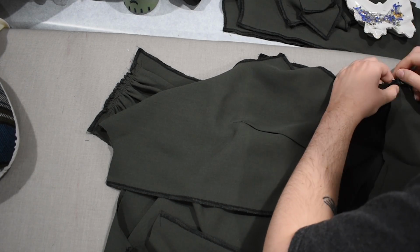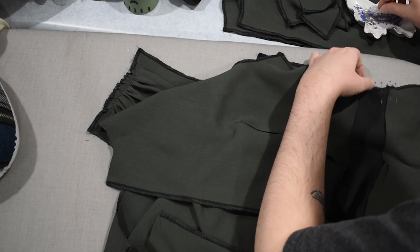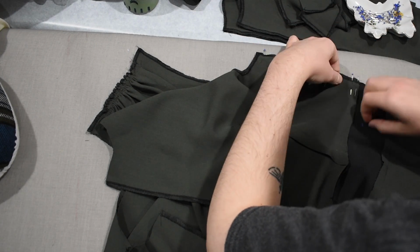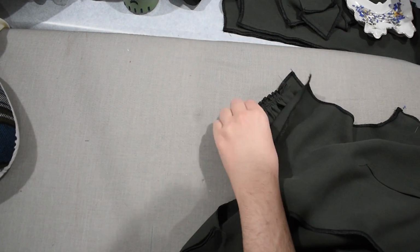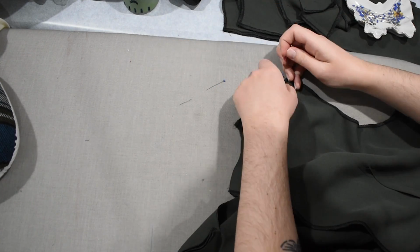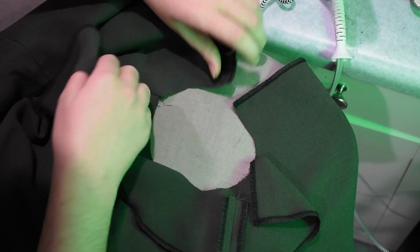This side, same idea. Layering up the back piece on top, making sure that the waist matches up perfectly, or as perfect as I can get it at least. Is it absolutely perfect? No. Am I a couturier? I should be, but I'm not. As long as it's nearly perfect, that's enough for me. Alright, and now that I have my side seams and my shoulder seams all sewn together,